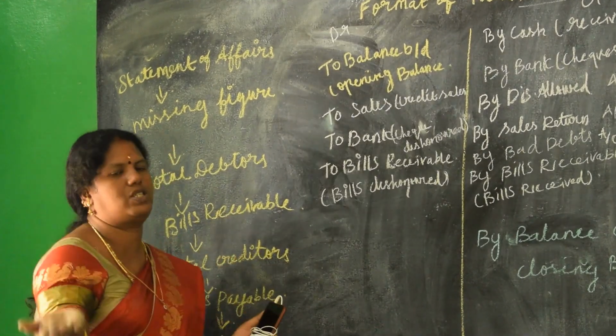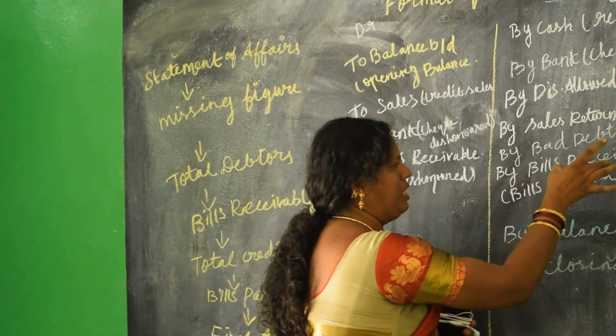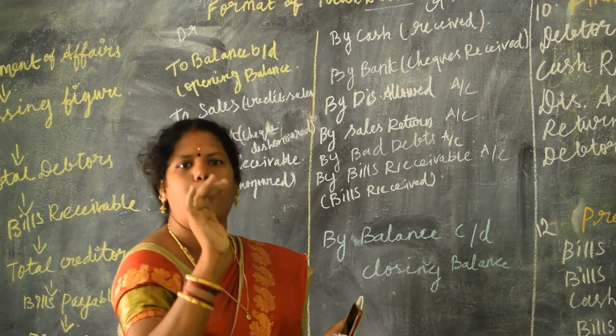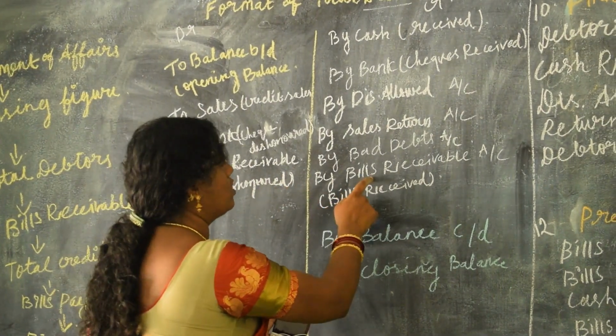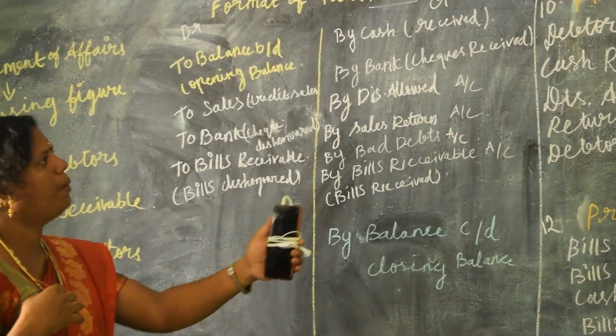That we will deal with in the next sessions. First, understand the concept of bills receivable. What does bills receivable mean? X is selling goods to Y, and Y is making a promise to pay the payment to the creditors. Yes, this concept is dealt with in bills receivable. Now we'll move on to the problems.